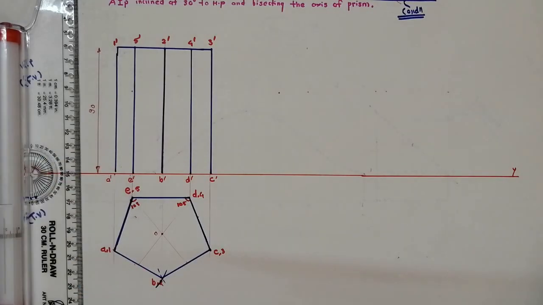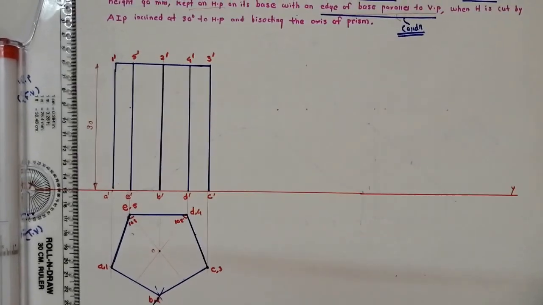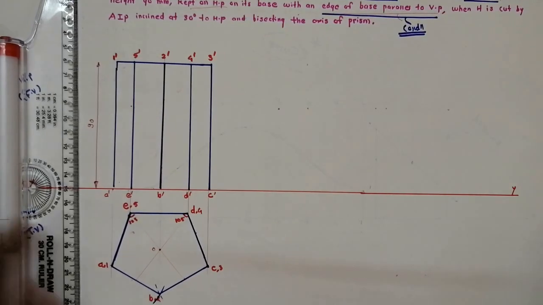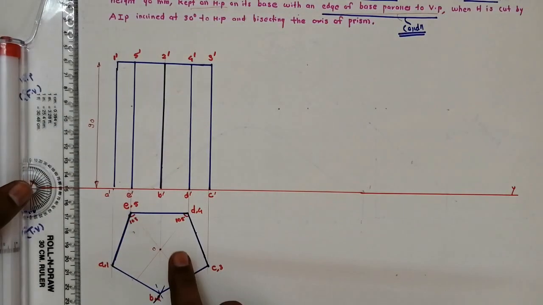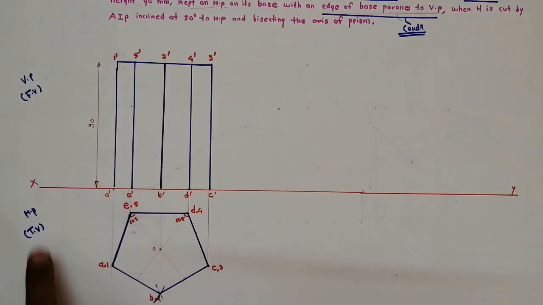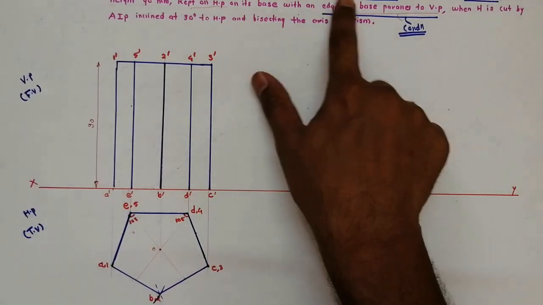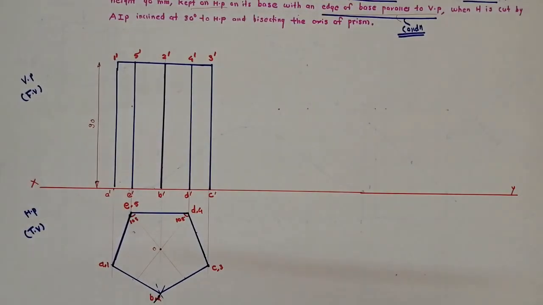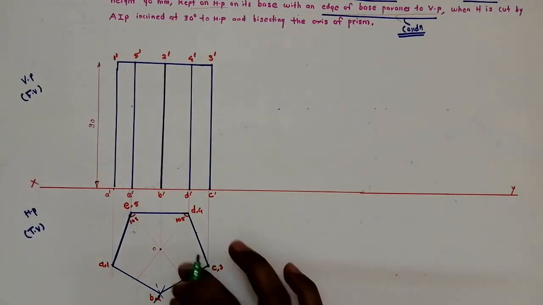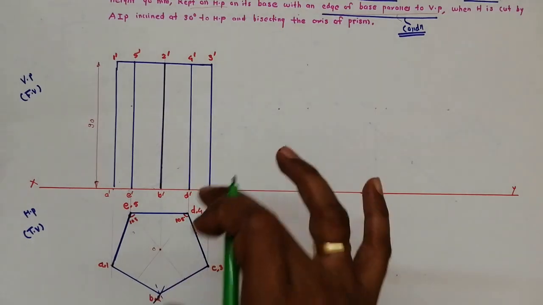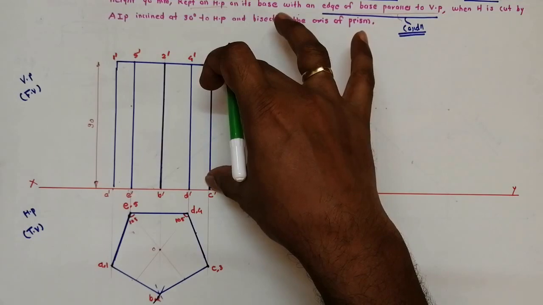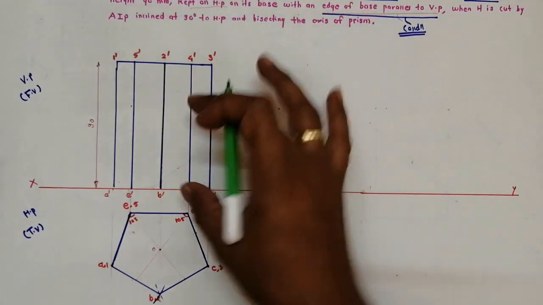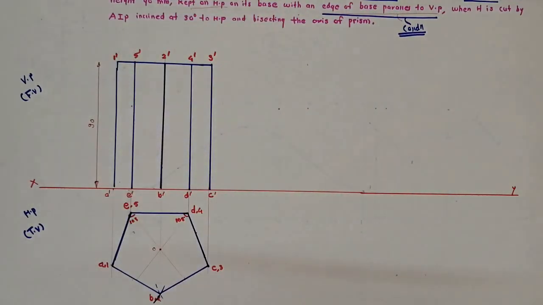Now this is our first step of the construction. That means first we have to draw the front view and top view of the pentagonal prism. So we always start with HP. The true shape is a pentagon because it is a pentagonal prism. So we have started with the pentagon. In top view the true shape is visible, so we have drawn that one. In front view every prism looks like a rectangle, so it is a rectangle of height 90 mm.